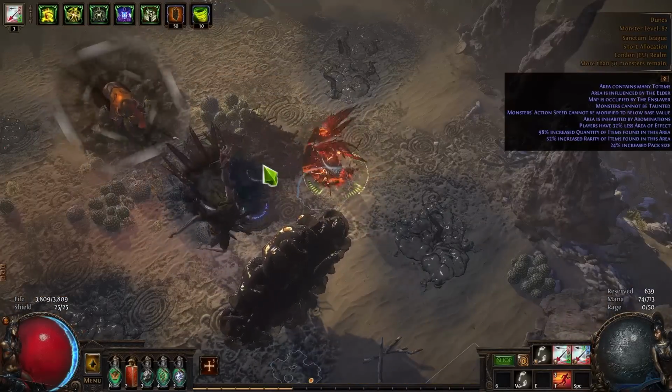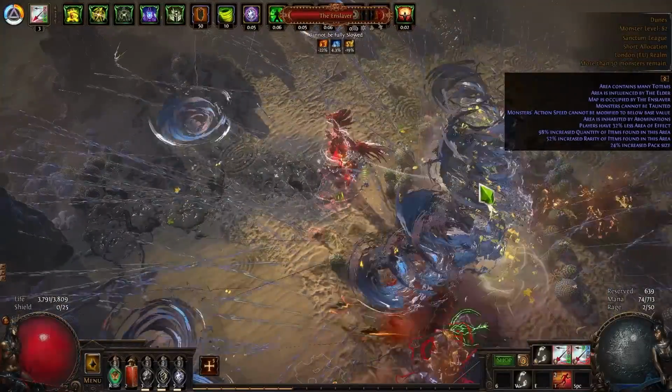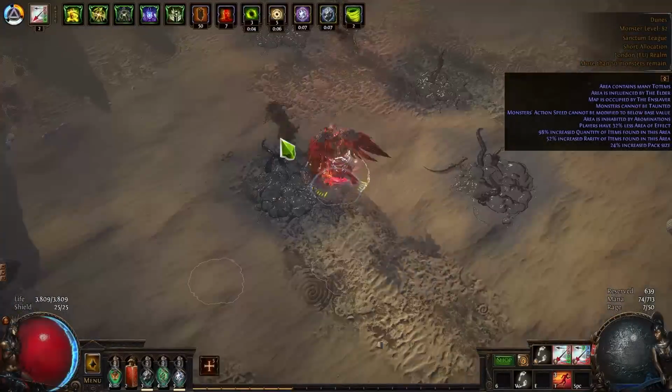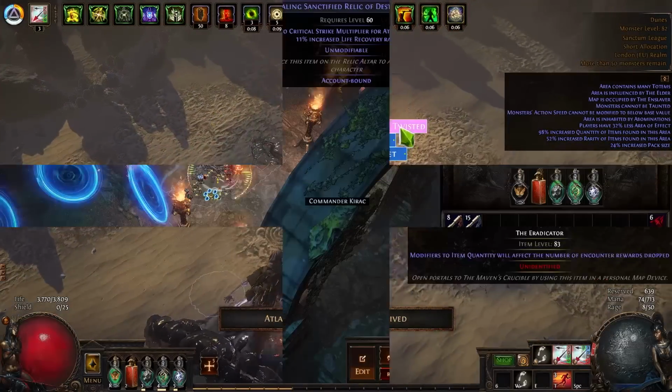So what we're going to do first is go through the gear and the gem links. And as I say, if you want to know how to craft the gear, it's going to be all in the path of building. So in terms of the gear I've got on this character, I have, let's get the relic out of the way first,